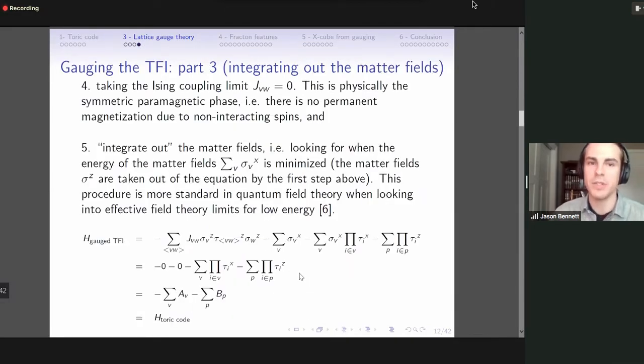And so that's the gauging procedure that goes from the transverse field Ising model to the toric code. And now, moving on to fractons,